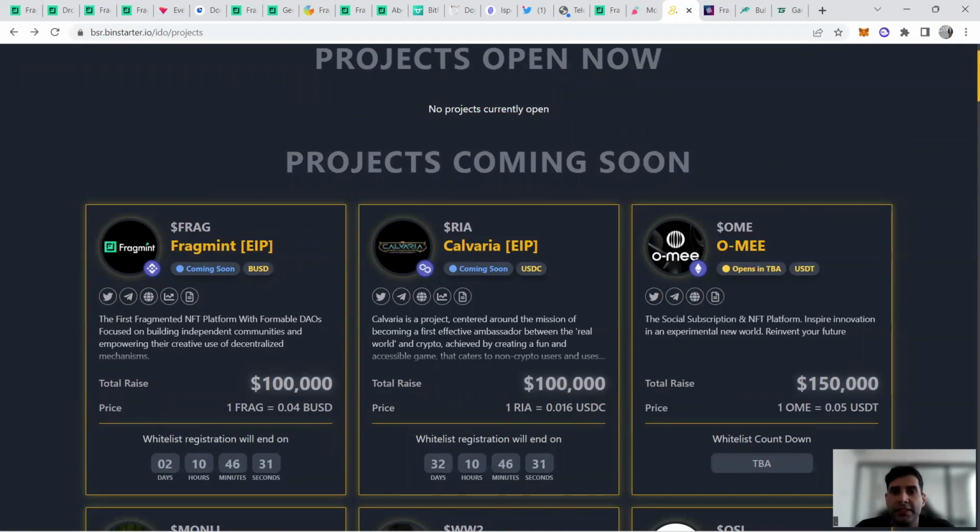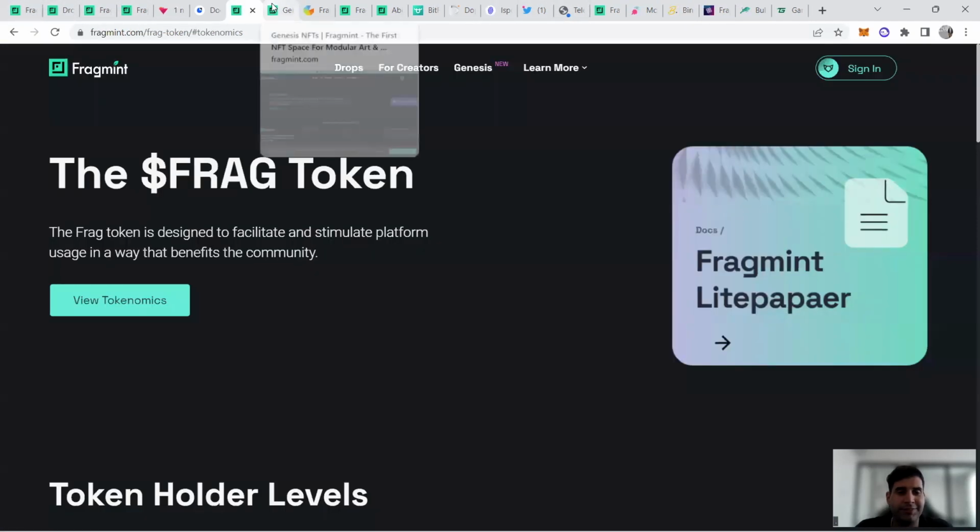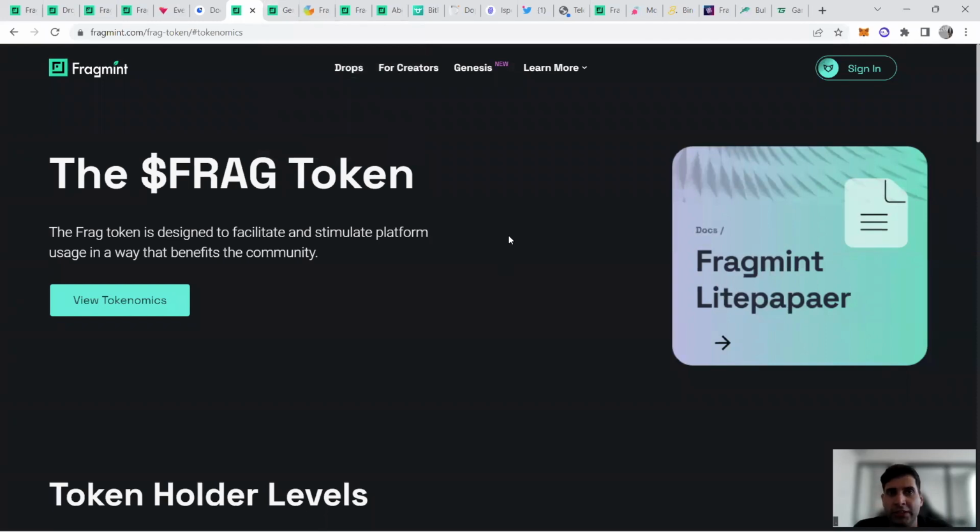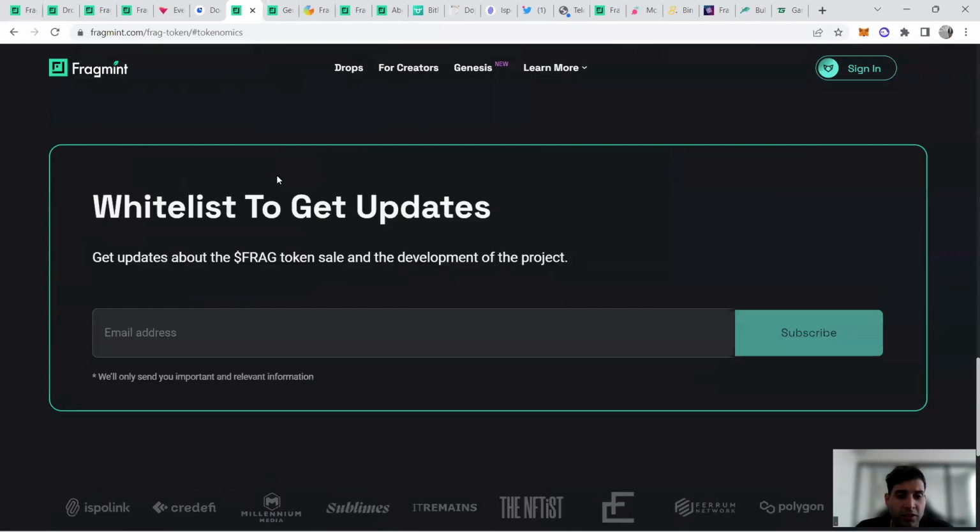Now, the listing is going to happen on the 13th of October. It's going to be a PancakeSwap listing, and it's going to happen right after the public sale. Currently, the market is shaky. Sometimes we are seeing a bit of an uptrend, but overall a downtrend, given it's a bear market. But projects like Fragmint, which has very huge social media support, launching on decent launchpads, with a decent unlock and not a huge unlock on the initial market, I think they have a good chance, and it's a project that's needed in the NFT and art space.